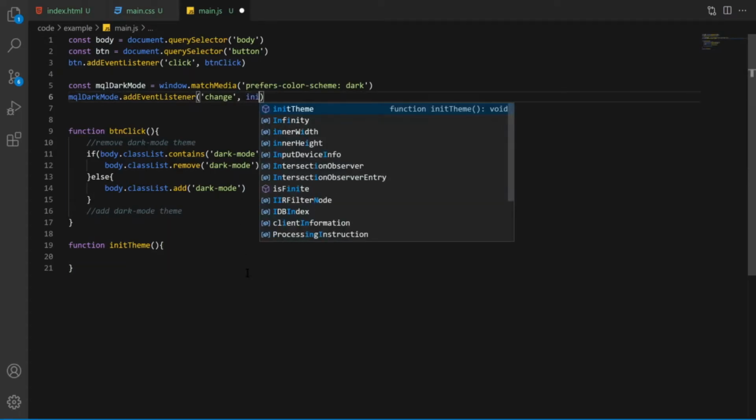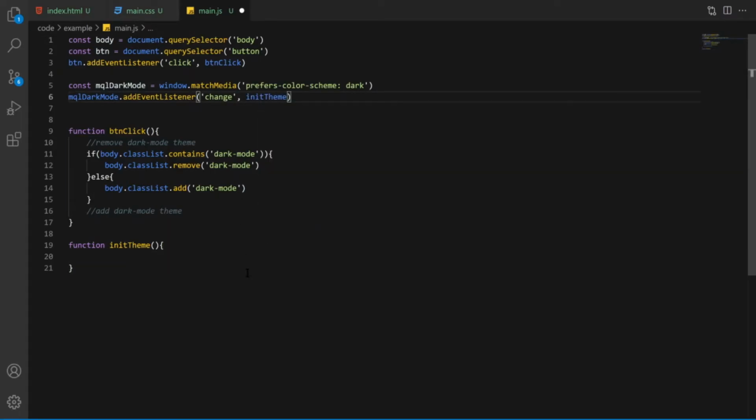But we'll run this. So every time that the system changes its theme, we want to try and reinitialize the theme. So we've solved this problem. Now, the next step that we need to take is we need to allow for the dark mode to persist, right? The manual button. So when we click the button here, now let's change this name to toggle theme, and